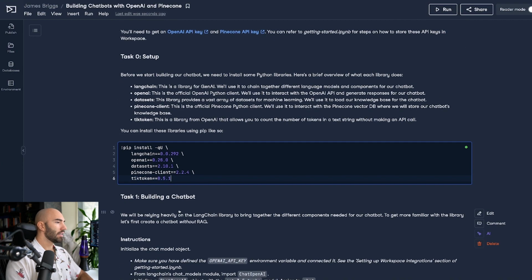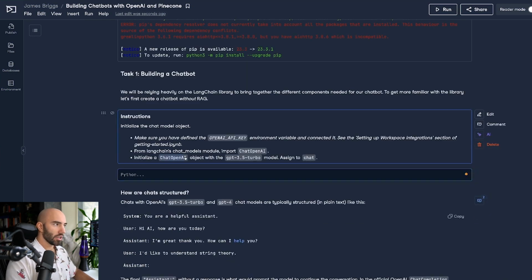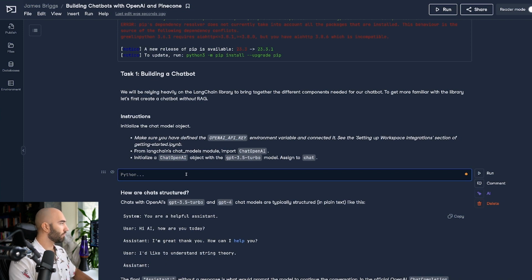So we can jump into setting up our chatbot. We're going to need to initialize this ChatOpenAI object from LangChain. We're going to be using a lot of LangChain abstractions here. So from LangChain, we want the chat models, and we want to import the ChatOpenAI class.